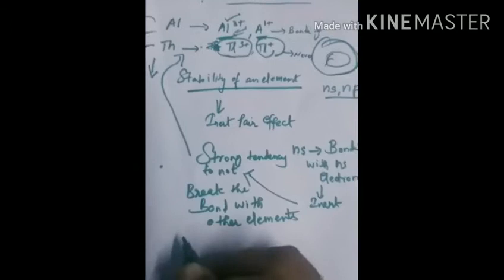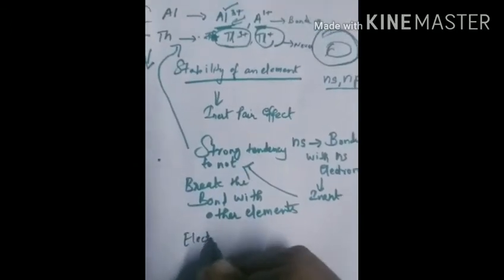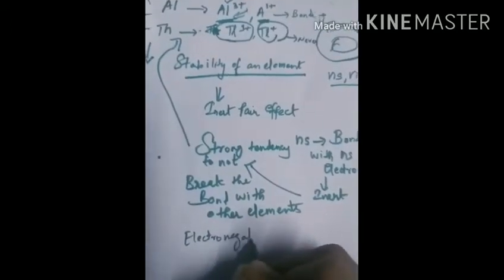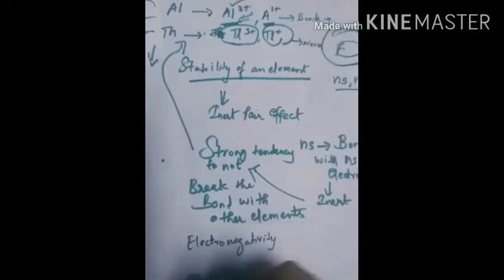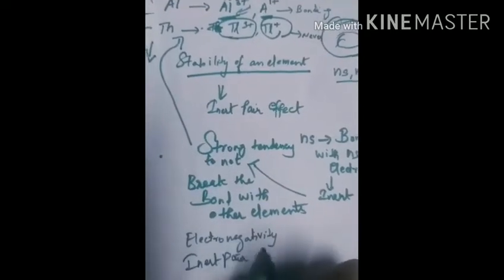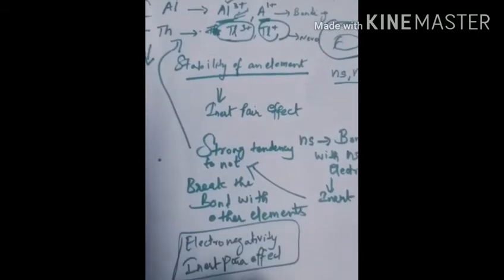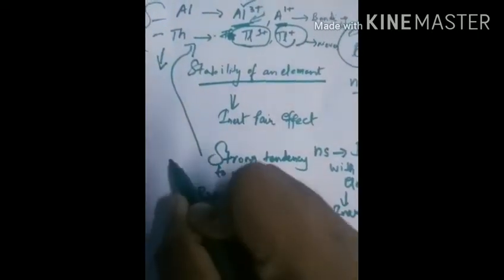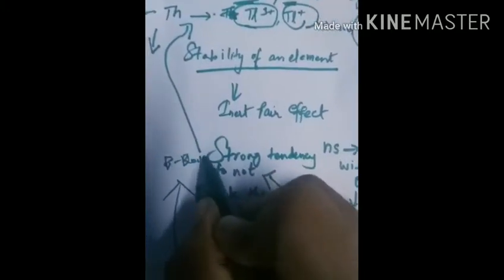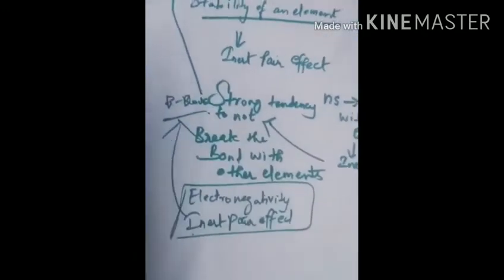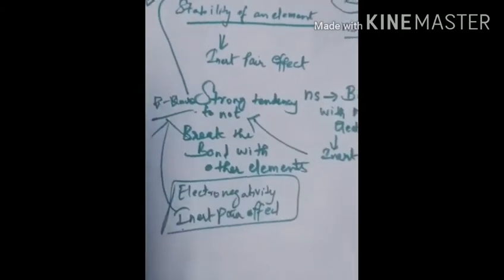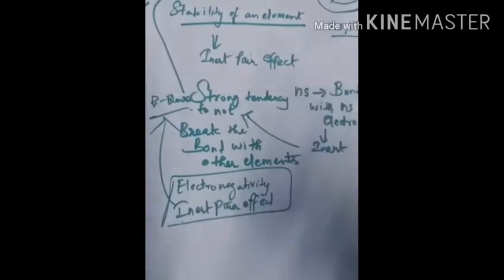Last time, as I taught, electronegativity is important to know. The inert pair effect is another important topic, students. These are the important effects you have to learn for the p block, because these are p block properties. Next we are going to see a few p block elements, their physical properties and their chemical properties, fully in this lesson.